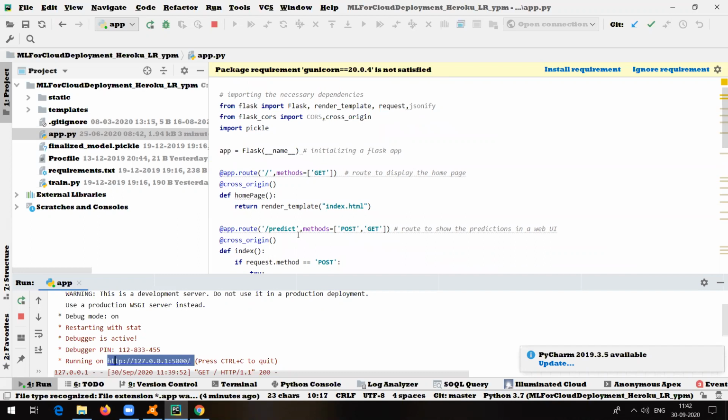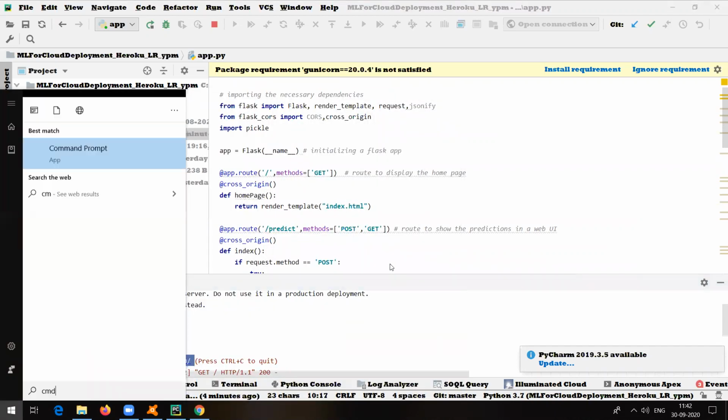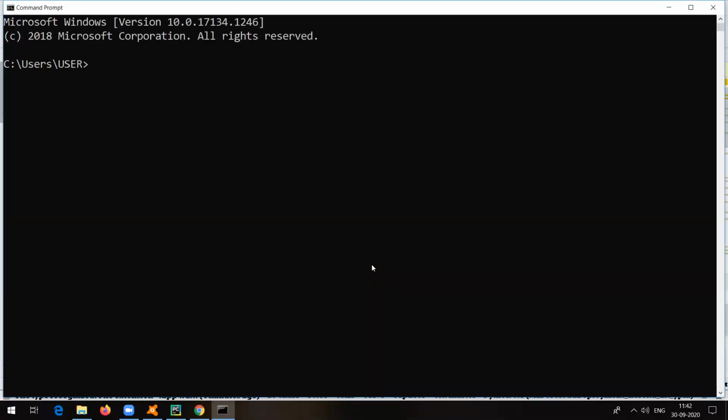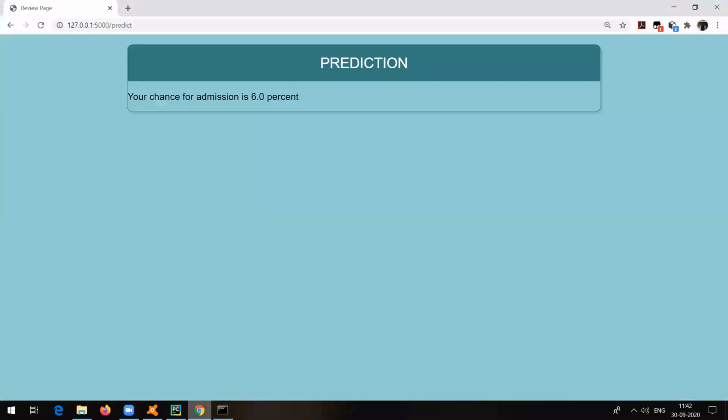Now, as I told you, I will show you how to deploy this particular application onto cloud. For that, what you need to do is just go to command prompt. In my case, I will be showing you deployment of this application onto one of the clouds which is free to use. You might have heard there are different clouds available, like Amazon Web Services is one of the clouds. There is also a cloud platform called Pivotal.